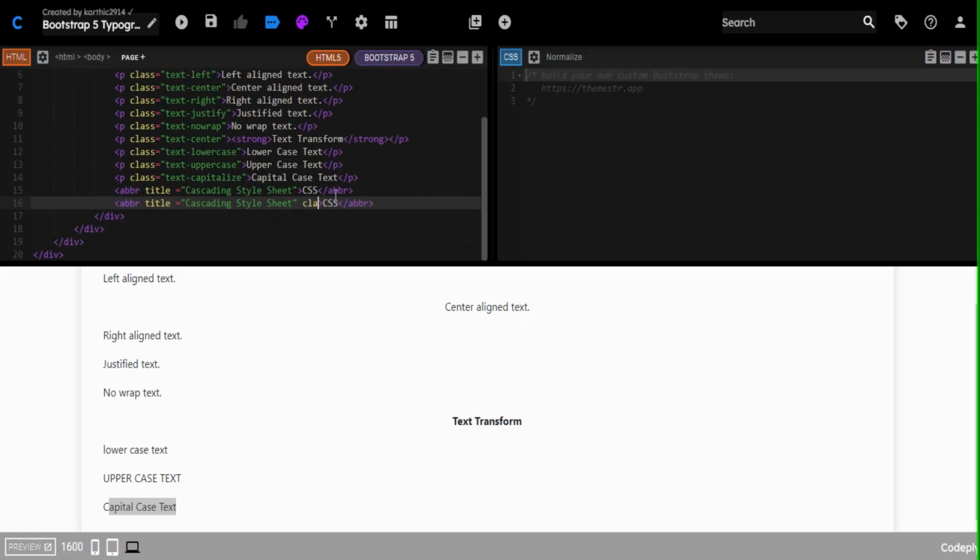If you have the class initialism, the text will look a bit smaller than the normal abbr. Now I'm going to save this.